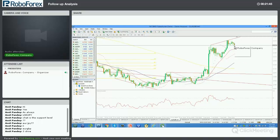But my view is to look to buy some type of retrace here. Eyeballing it, I like this 71.40 area or so. Maybe even 71 back to the breakout, but I'm thinking 71.40 after we peak here. So similar scenario that maybe the dollar has a little more weakness left, and then a lot of the dollar shorts, euro cross bulls, start booking profits, take it back down. I'd like to see a pullback into the Fed or after the Fed into this range for longer term buys,